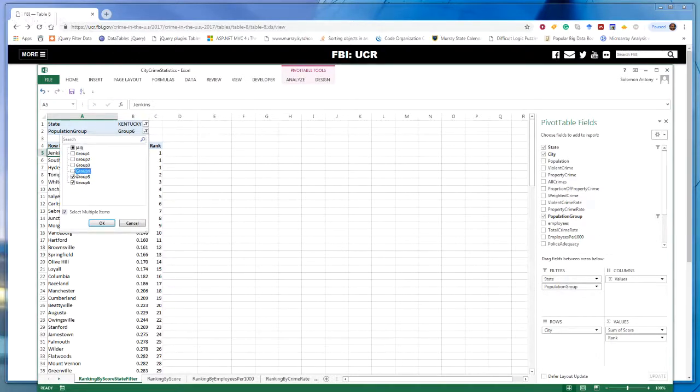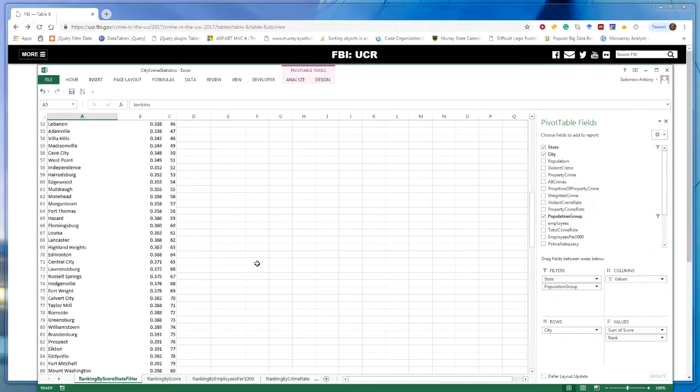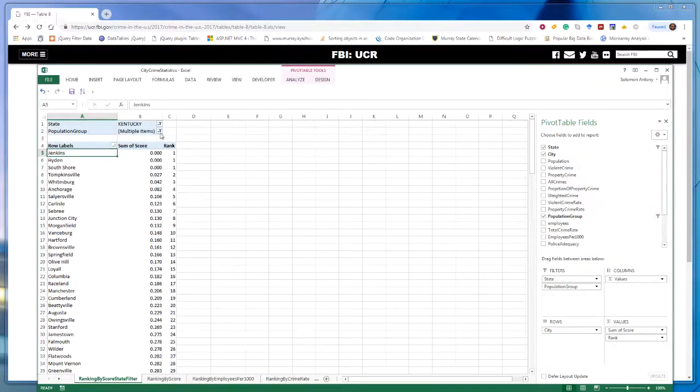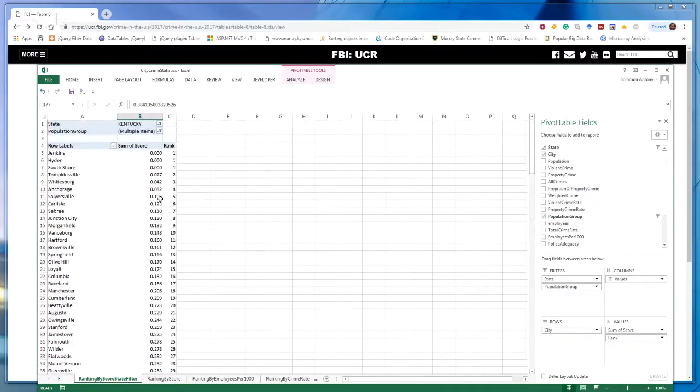I can combine groups 4, 5, and 6, and then look at those cities in Kentucky that are in groups 4, 5, or 6, and they are ordered in ascending order of score, giving us some sort of comparison. These are not strictly rankings, but simply an ordering of the score based on our calculations.